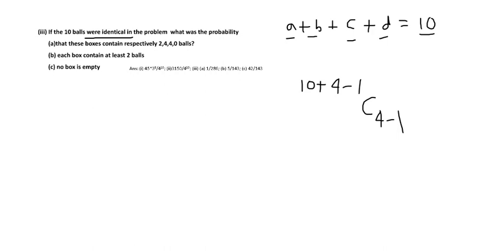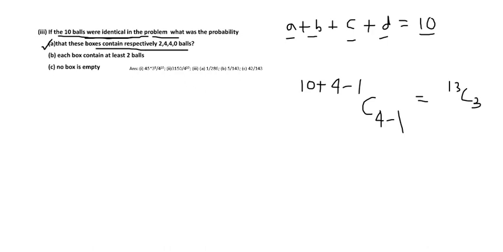So you can go back to that video if you do not remember. Anyway, 13C3 is the total possible outcomes. So that will be in the denominator for all these cases, because in all these cases the random experiment is that 10 identical balls are to be distributed into 4 boxes. Now coming to the first problem, or the first event.